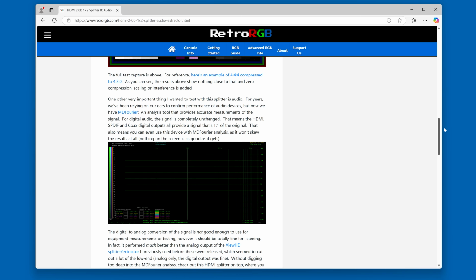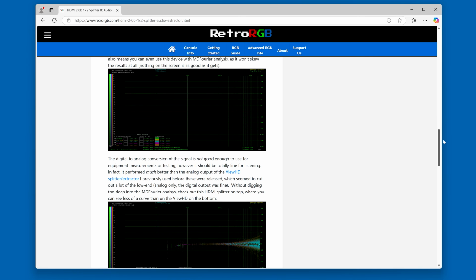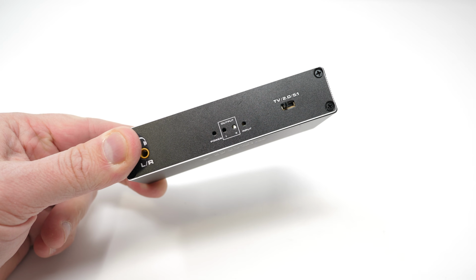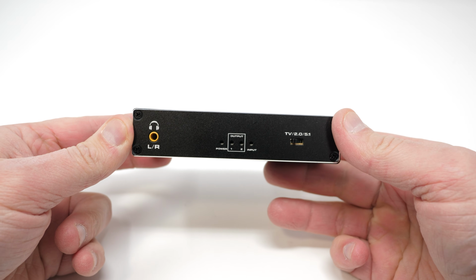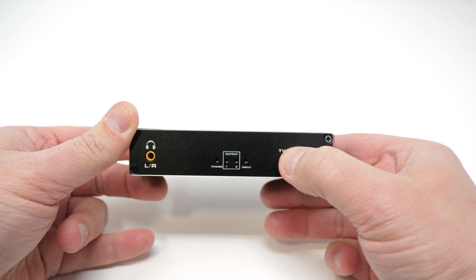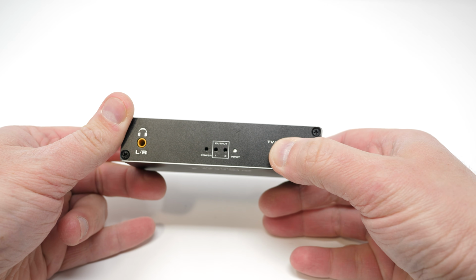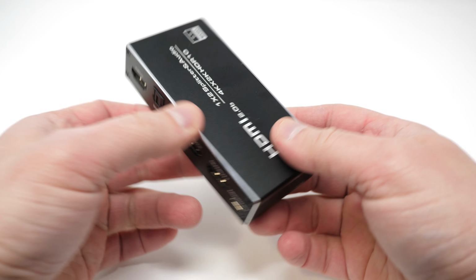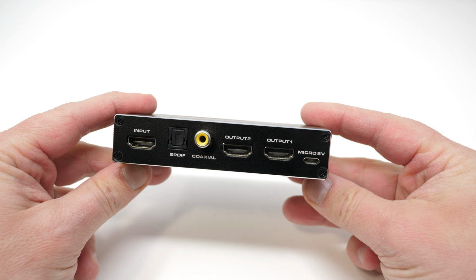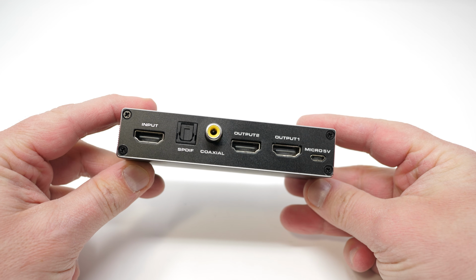I've been using these for years and really love them. You can even extract audio via the second HDMI port for your AVR, and their analog to digital conversion on the audio side is impressive considering the price. I mean, the audio DAC isn't amazing or anything, but as a feature built into a $30 box, it's really